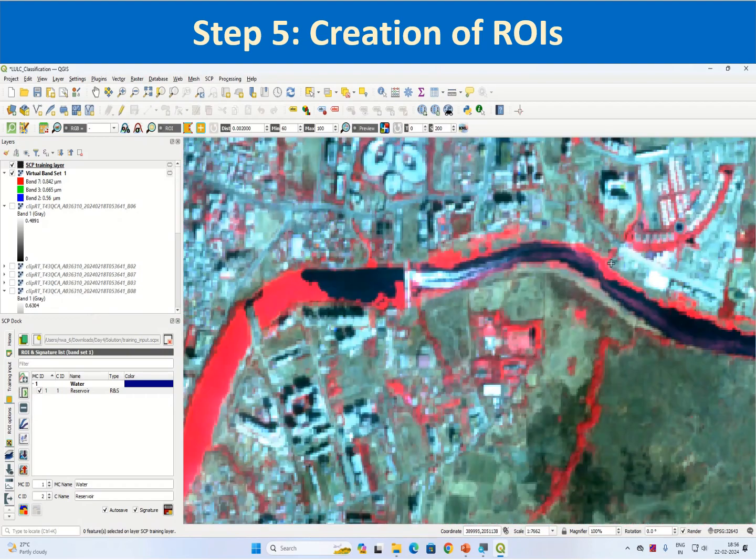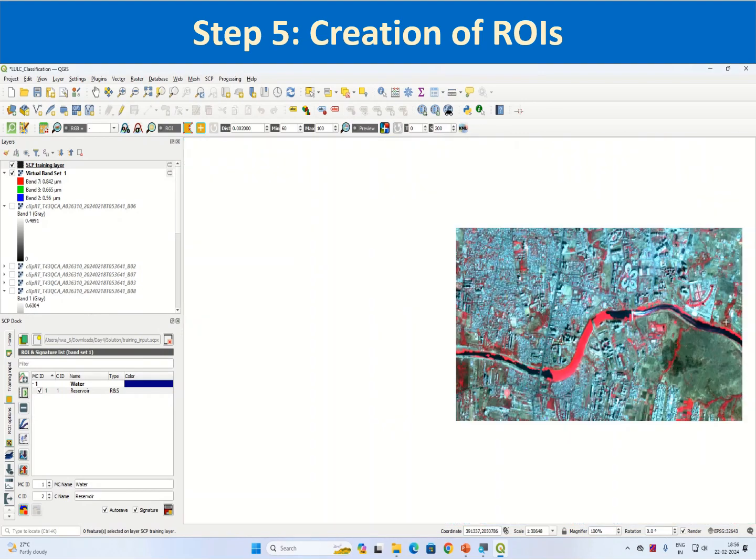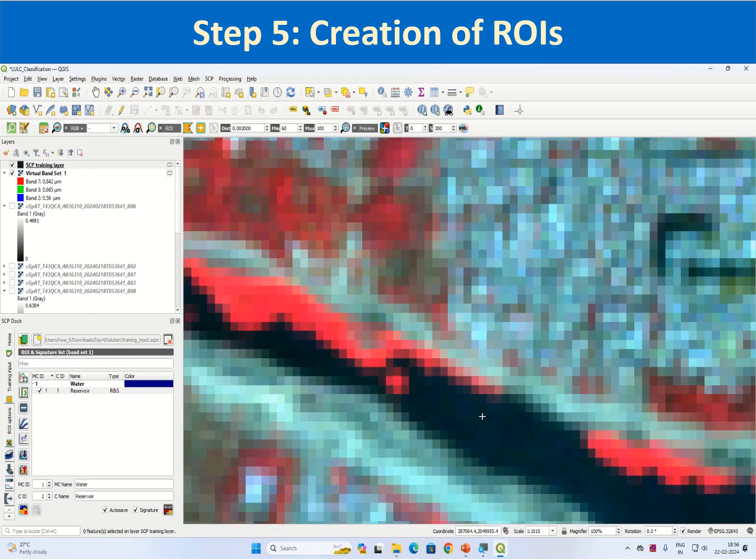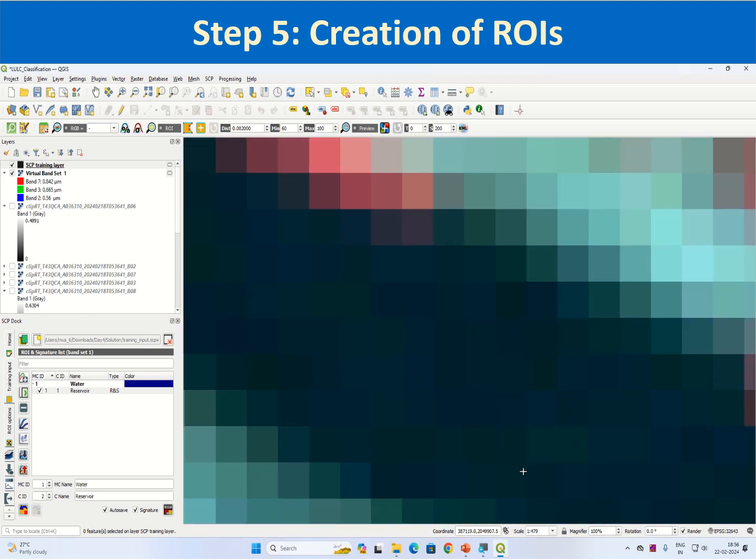So we can create small polygons over here by zooming, or what you can do is you can make use of this region growing algorithm, or activate ROI pointer. You can click on the seed pixel